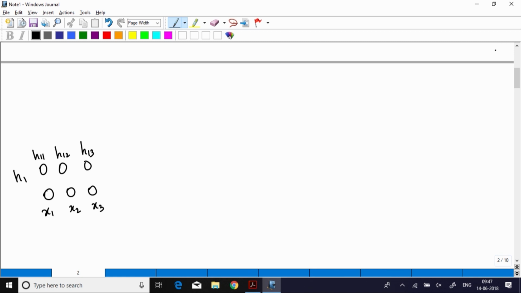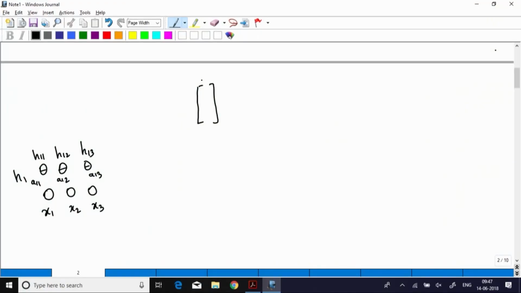3 cross 3. Okay, is that fine? So what I want is, or actually I'll just look at the A's first. I'll call them A11, A12, and A13. The lower half is the A's and the upper half is the H's. Is that fine? Okay. So what I had on the previous slide is a formula